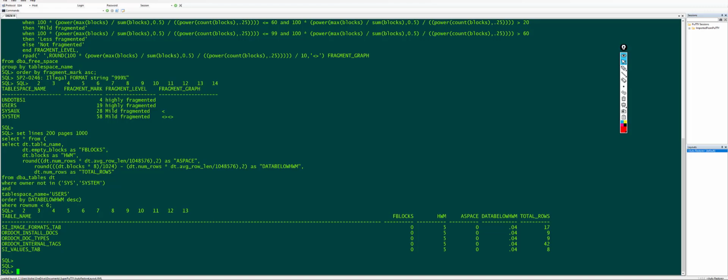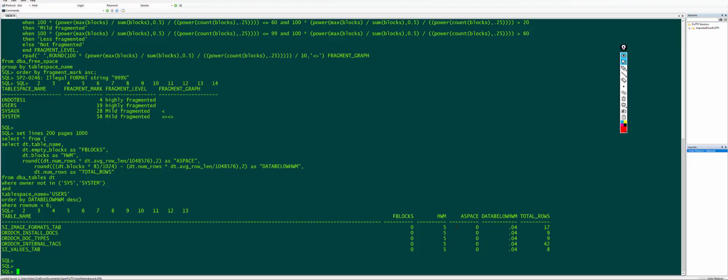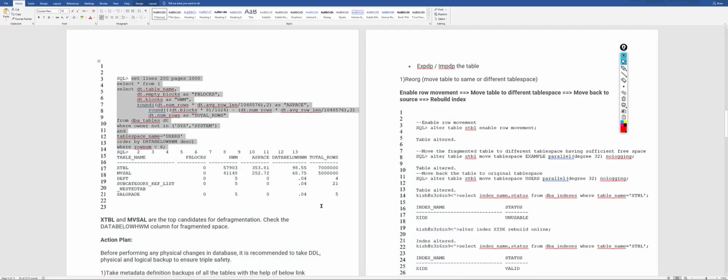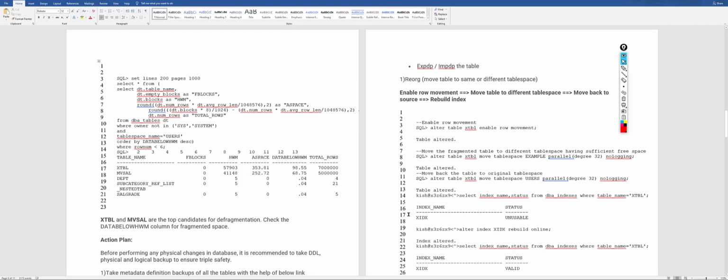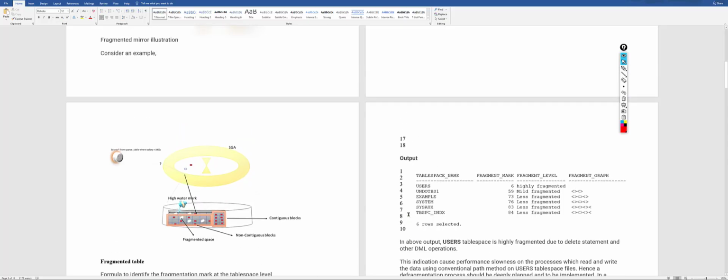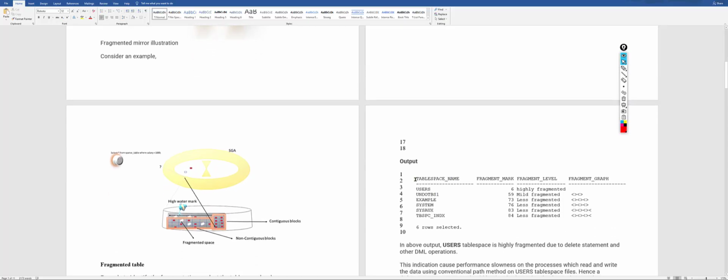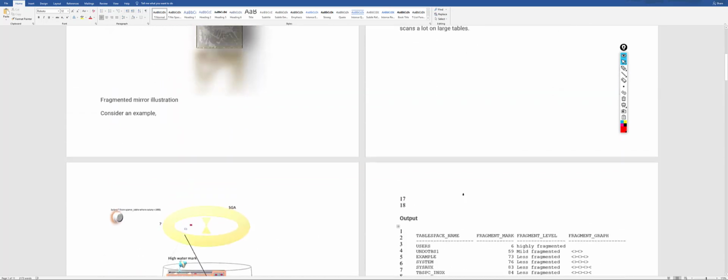So we have a lot of tables here, and this is the column which denotes the high water mark, the available space and data below the high water mark, and the total number of rows. So we don't have any such table. We can also simulate fragmentation by just deleting some rows. These are just typical examples that I have given for reference, so that you will be able to understand